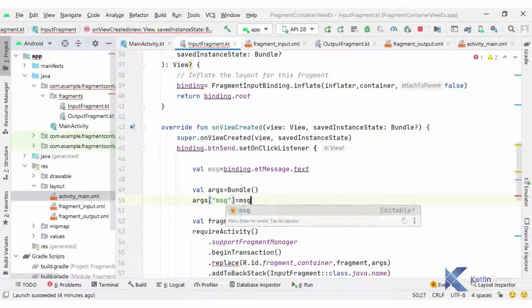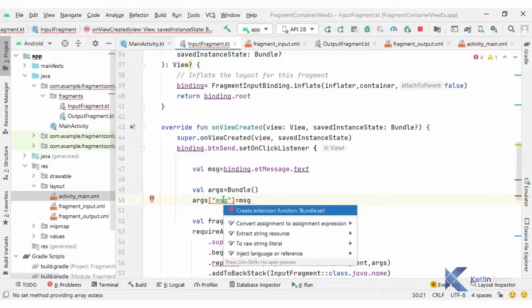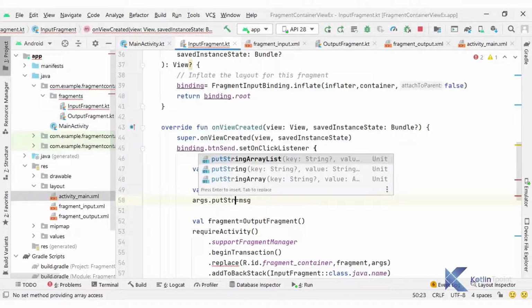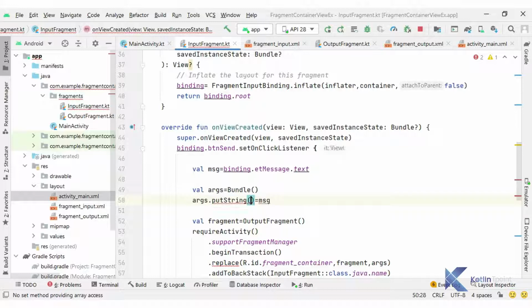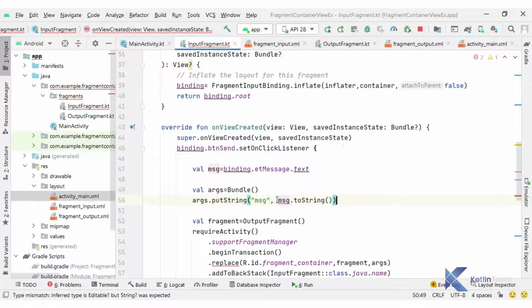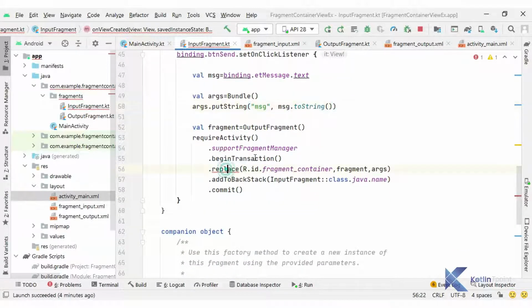So we can have this args object ready. Instead of that, we can write the putString method with key comma value. So this is how we can put our message inside our bundle object, and this is how our message will get passed.